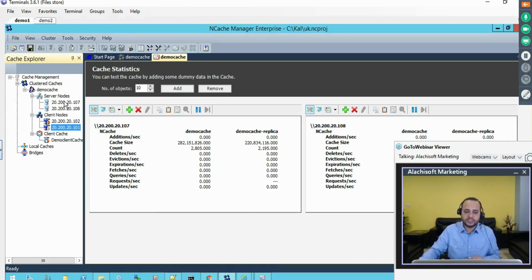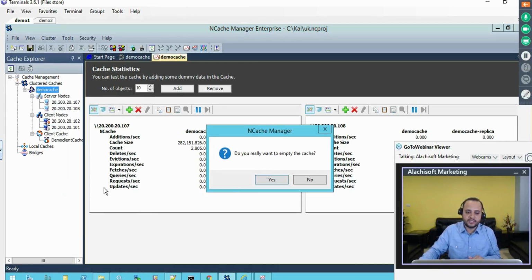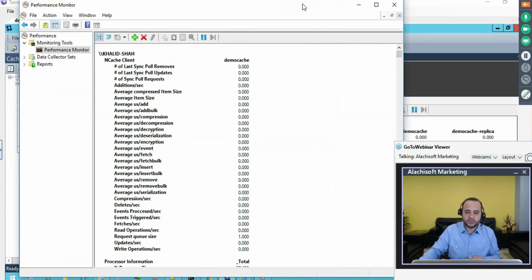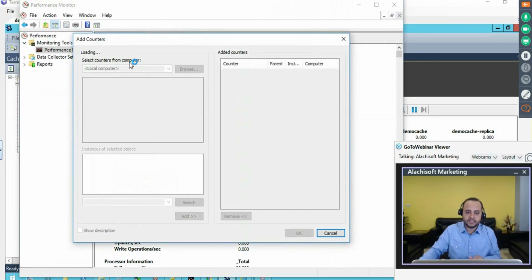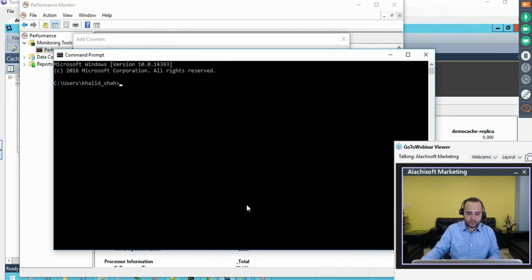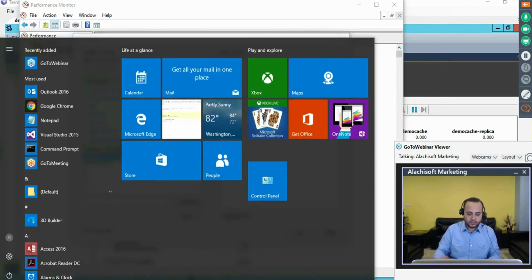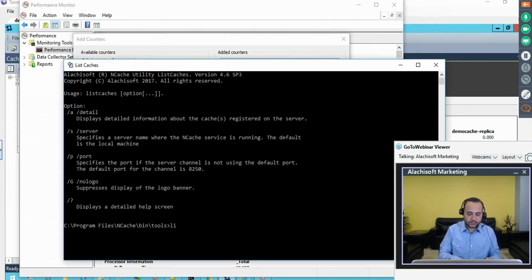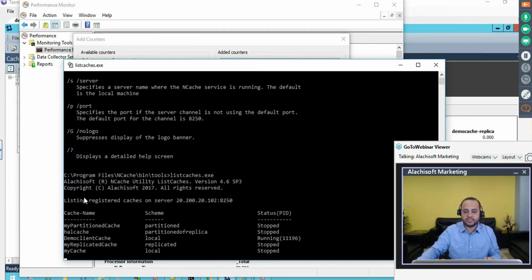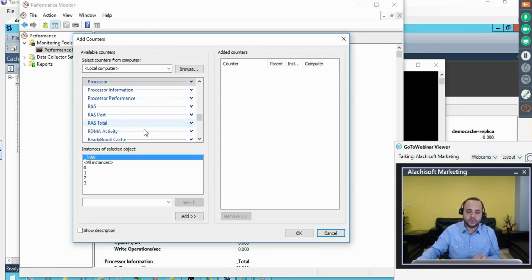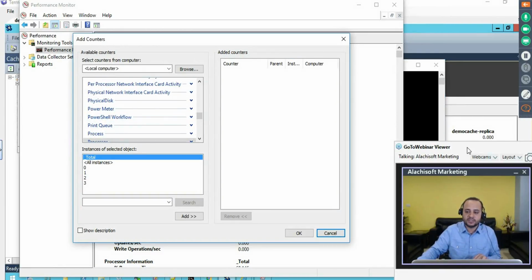All right, so same test. I'm going to clear everything from the cache, and this time I'm also going to add client cache counters. And before I run this test, I'm going to use the list caches tool so that I show you that a cache actually gets created and gets started automatically as well. So now we have demo client cache, which is a local cache, and it's running on this box. And I should be able to see the counters of this cache so that